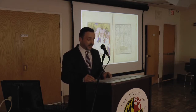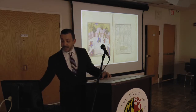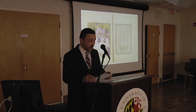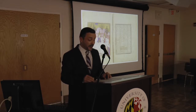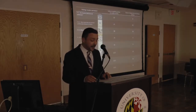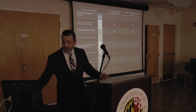enthroned, surrounded by angels, whereas this one presents obviously the Prophet Muhammad with Ali and Hassan and Hussein, something with a more Shia flavor than the original paintings. So ultimately there were 8 original paintings in the manuscript, and I just put them here with what they represent and the surface they occupy,